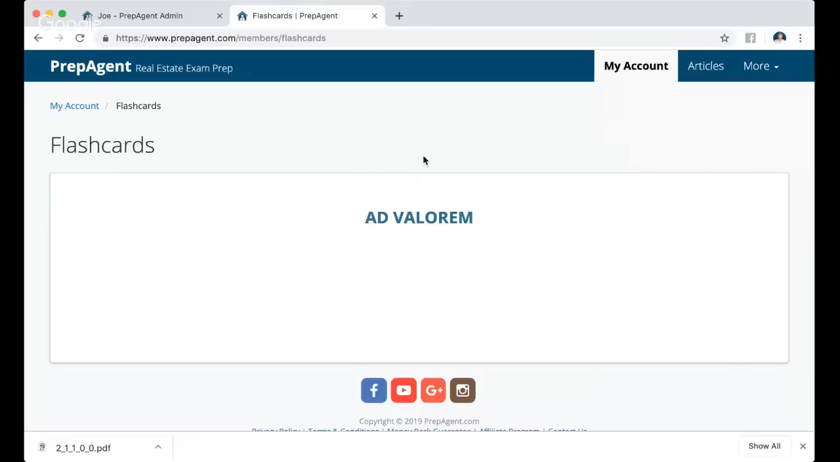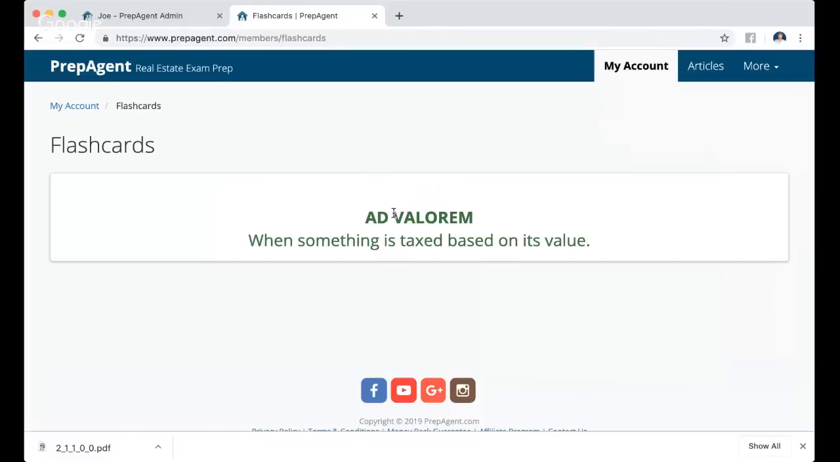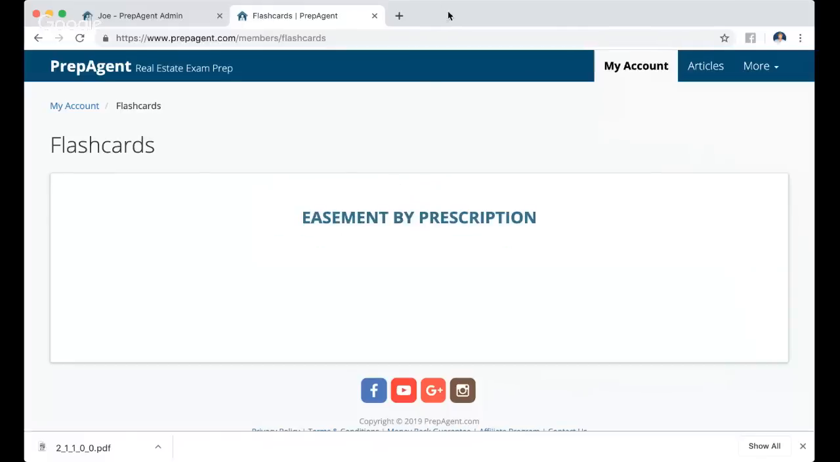Ad valorem is according to value. Latin for according to value. Okay, and easement by prescription. What does that mean? Easement by prescription. That's when you gain easement by using it for a certain amount of time, crossing the property